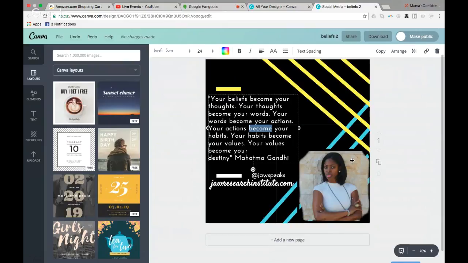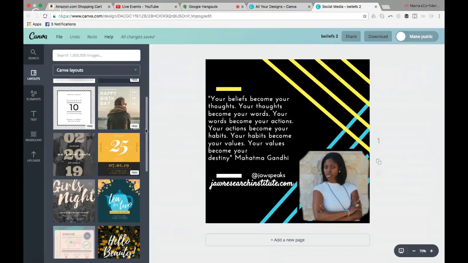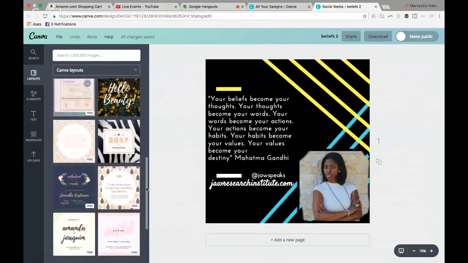I'll do another tutorial on utilizing PicMonkey because that will take me a little bit longer to walk you through it, and I am not prepared for that tonight. So what I'll do is I'll just show you how to make a very basic post. If you look here, there's already templates here that you can use, and you basically just insert yourself into these